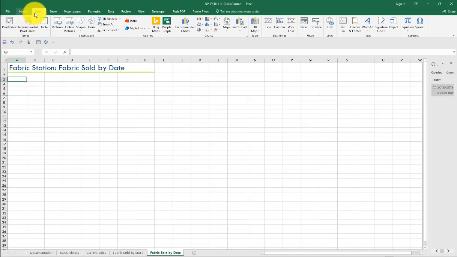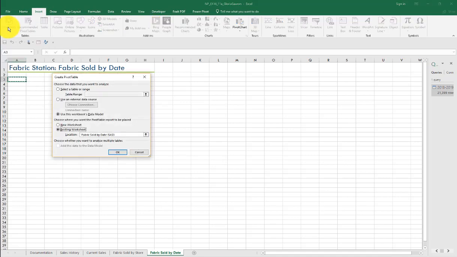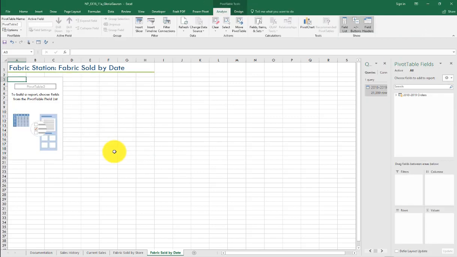So we want to go back up to the ribbon bar, make sure that Insert is selected. Pivot table. You can see here that it says use this workbook's data model. And we want to place it in the existing worksheet. So we're simply going to click OK. So once again, we're ready to add information